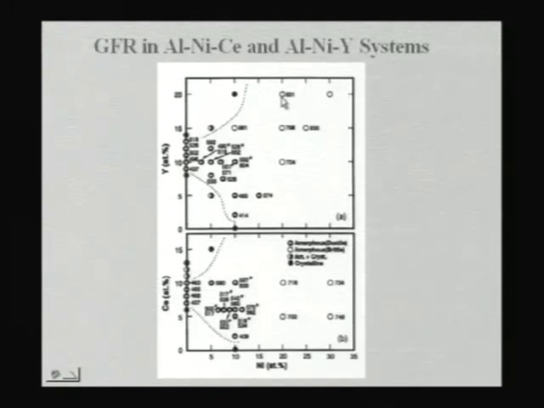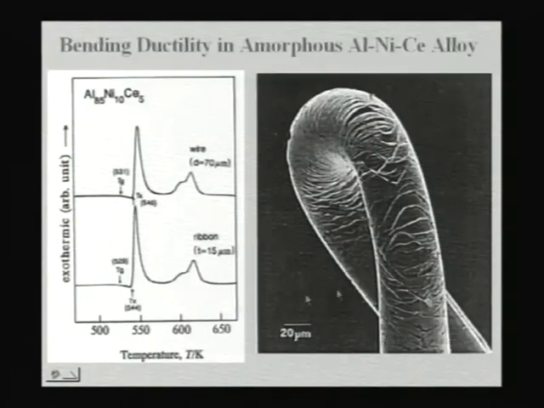For example, you can see all these open circles, these are all brittle amorphous materials, whereas wherever you see the thick circles shown here, these are all ductile amorphous. So you can see if you go to a large amount of transition metals, you get a brittle amorphous phase. Otherwise one can vary the composition and can still get ductile amorphous. And here is an example of a really ductile amorphous, that you can make a wire out of, aluminum nickel cerium amorphous wire, and can bend it 180 degrees without breaking it.